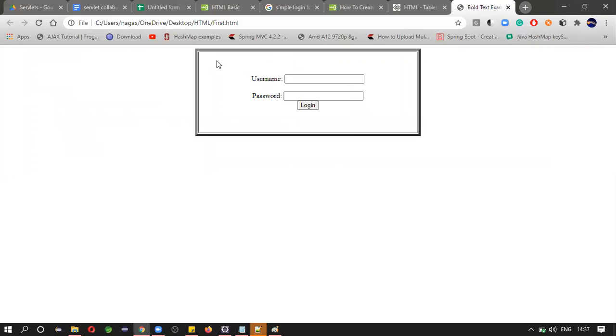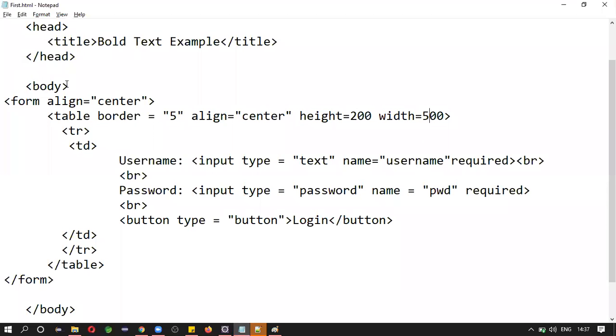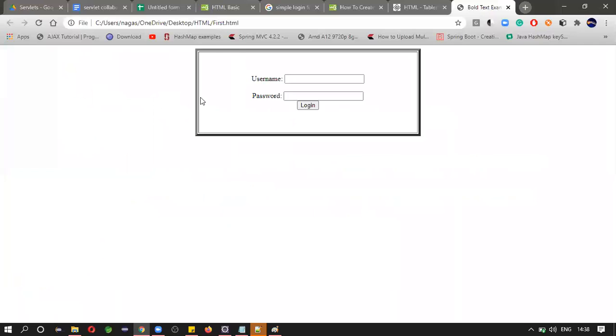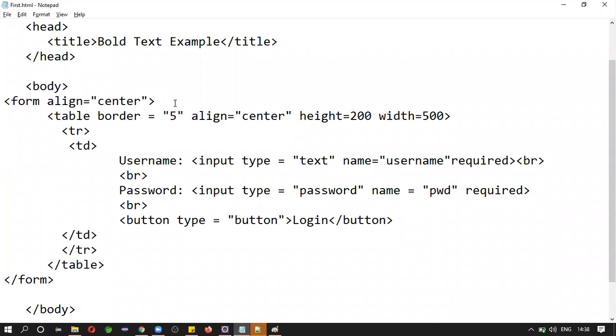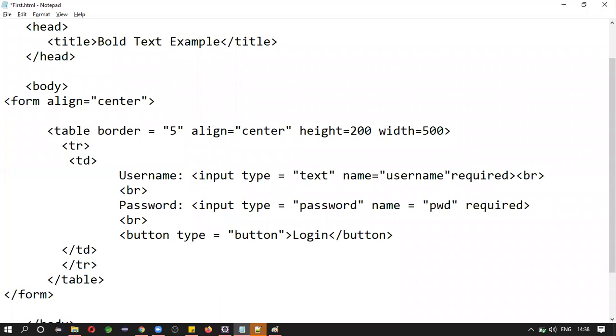You need to mention here, right? This is the student login form. There are a lot of tags which you can mention here, but I don't remember that tag, so I will just print here. Student login form.